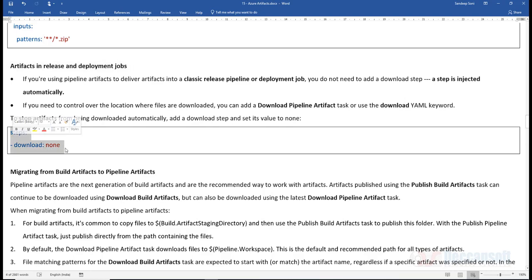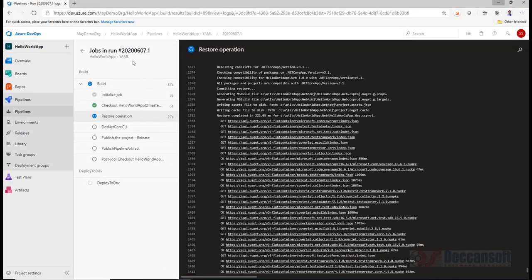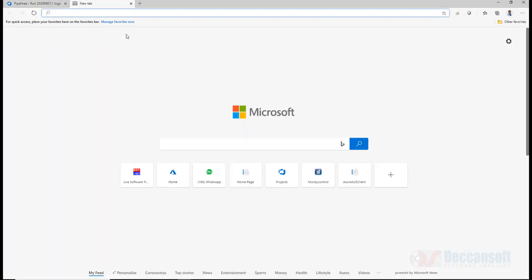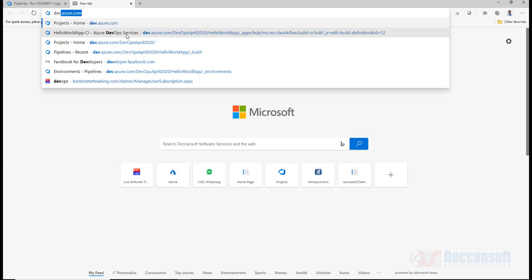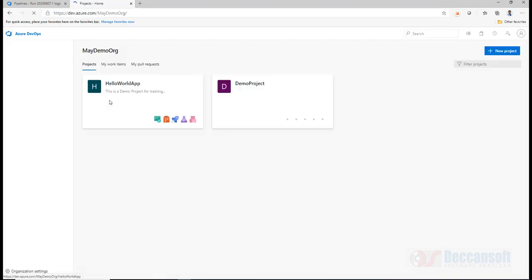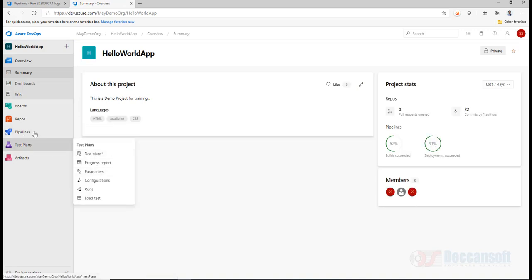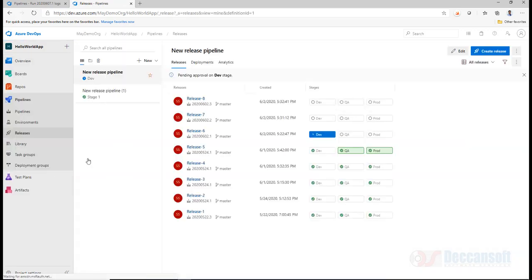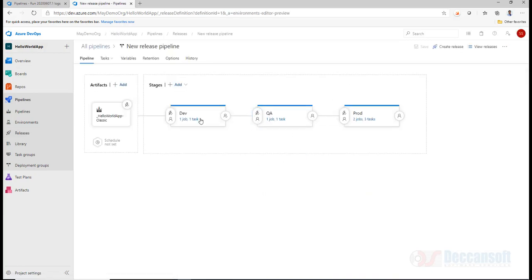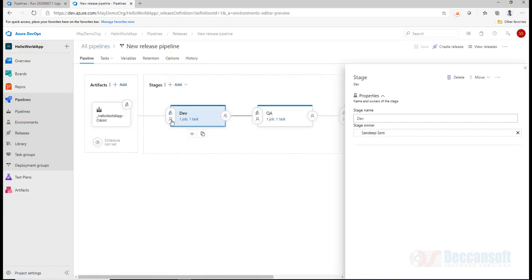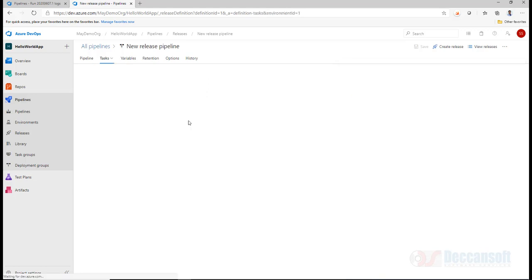If you don't want to download, this is something very important. If you are creating a release pipeline, let me show you the release pipeline. In release pipeline, in your stage, you will not see any step like download.